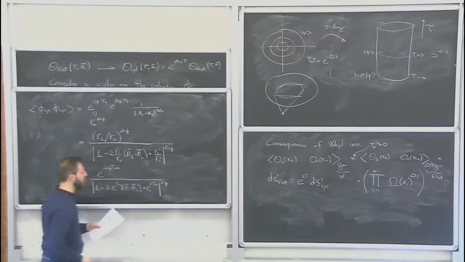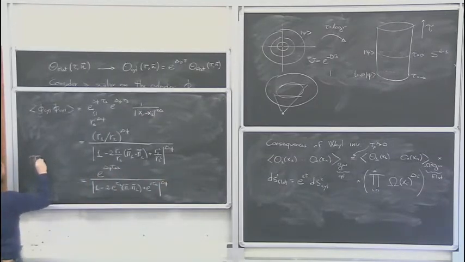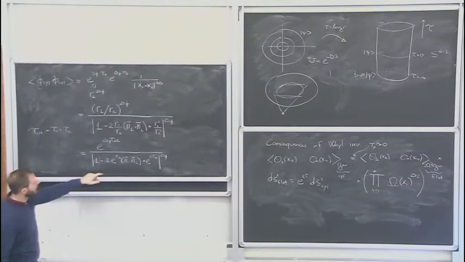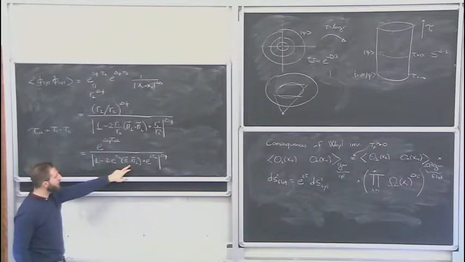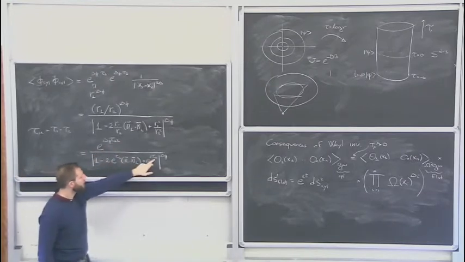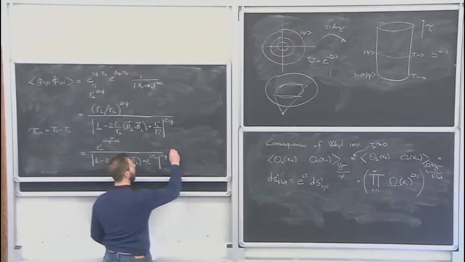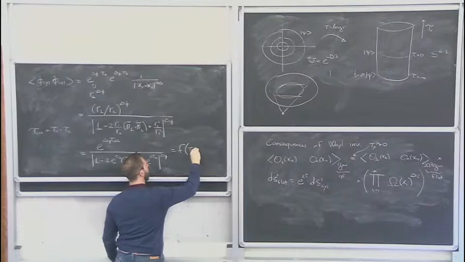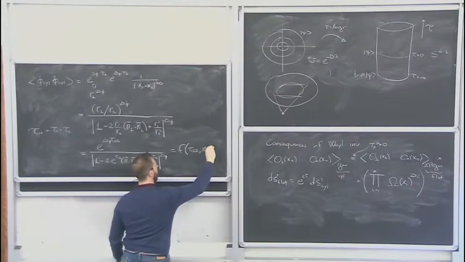Whereas the usual tau 1, 2 is tau 1 minus tau 2. So interestingly enough, the result looks like something we should have expected: it is invariant under rotation on the sphere. It only depends on the scalar product of the two vectors. And it's also invariant under translation. It only depends on the difference of the time coordinate. So there's a function of tau 1, 2 and the scalar product,